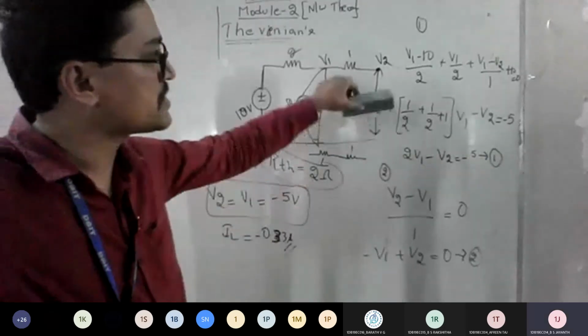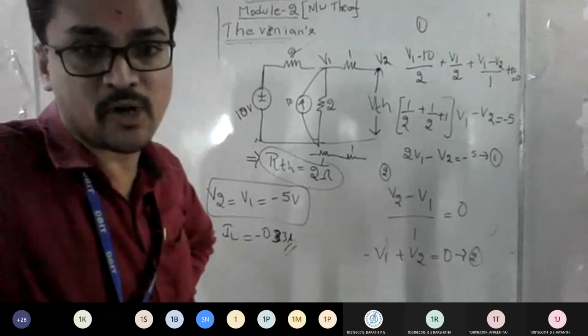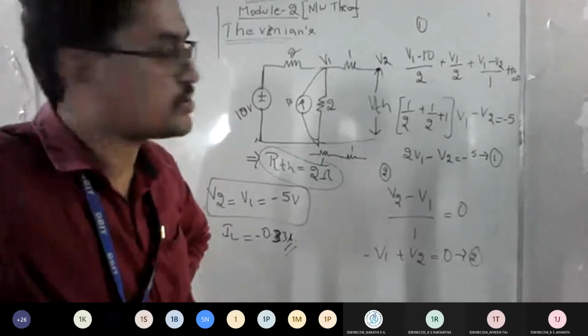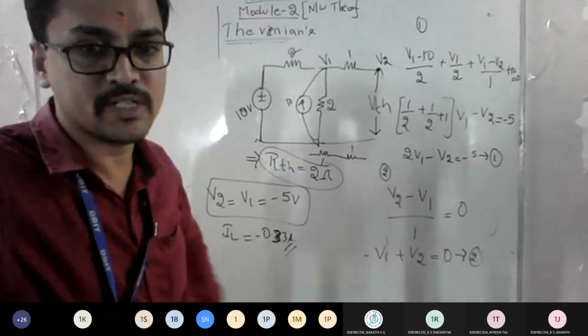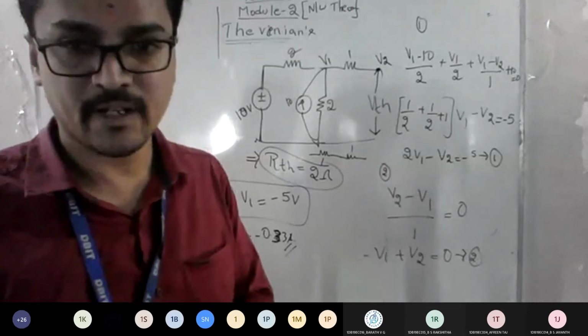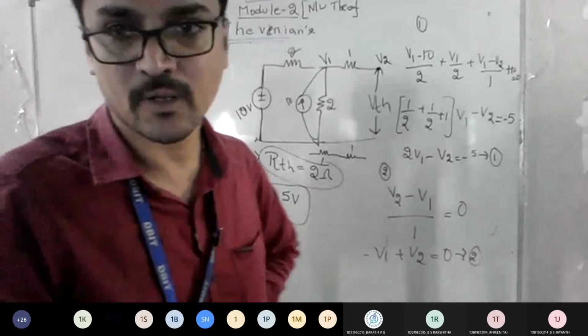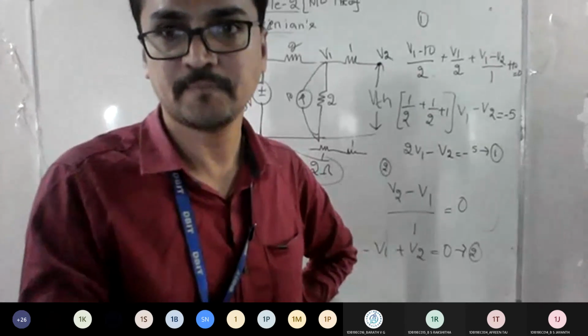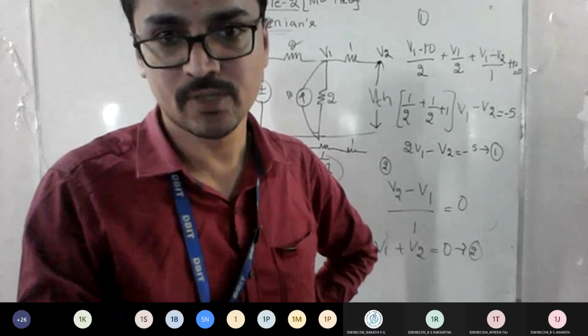Negative indicates voltage with respect to that. So is it fine, everyone? You got the logic of Thevenin's now? Whichever problems you solved using KCL, try to solve using KVL also and verify. Will you get the same answer or not? First problem, let me check and tell you. Is it fine till here? Yes, sir. Okay, so we'll stop here.